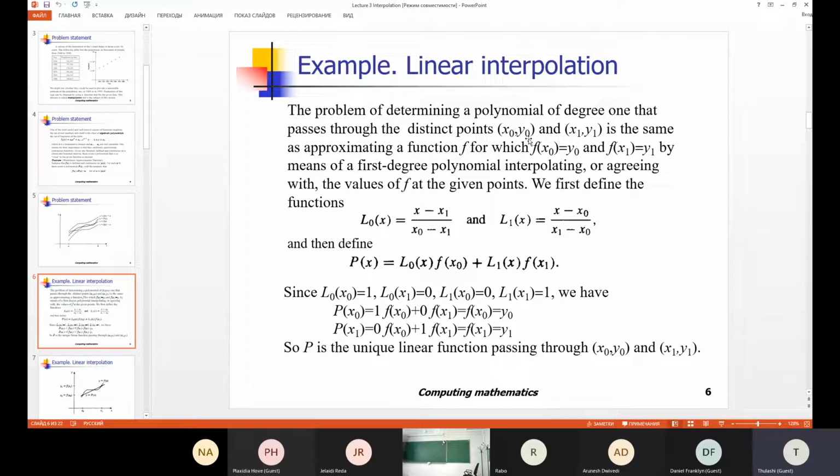Because if we have 2 points, there is just one line that passes through these 2 points. And graphically, the answer is very simple. We should draw a line that passes